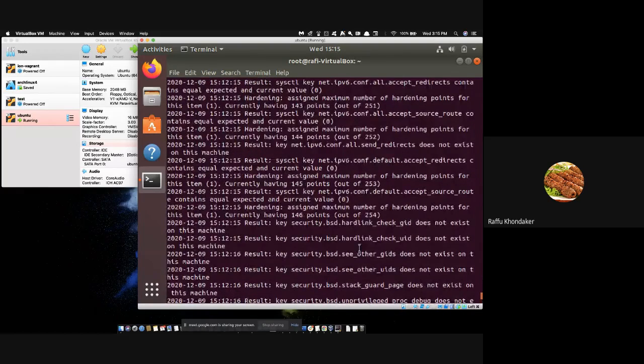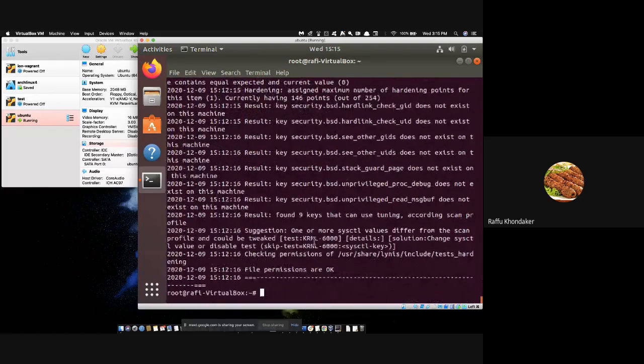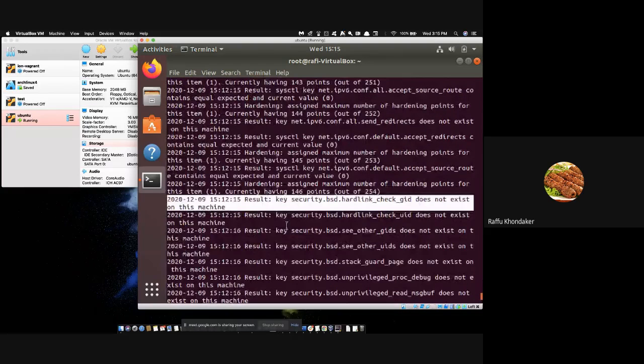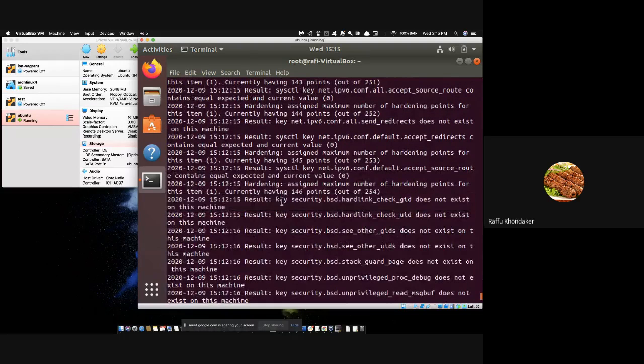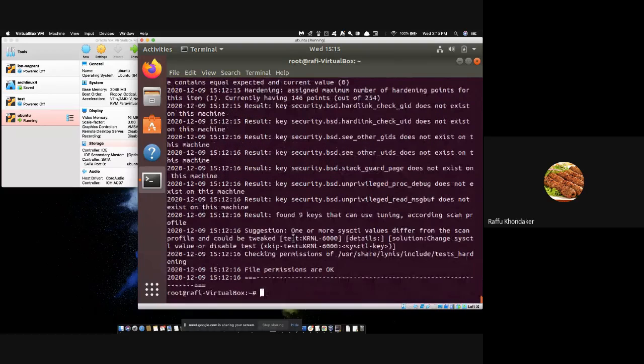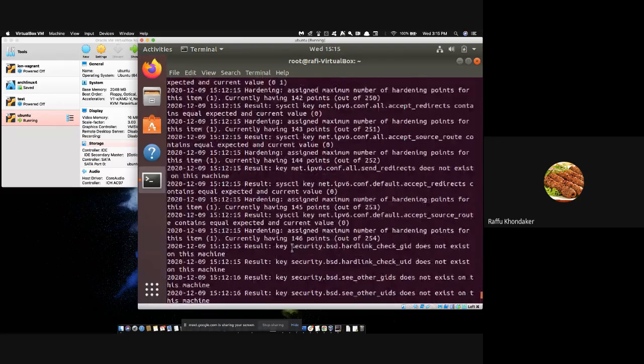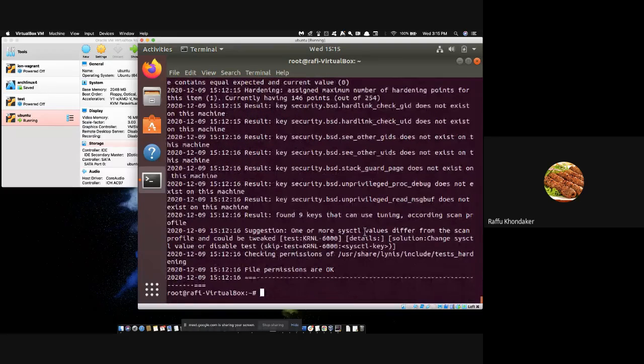For Tiger, it gives you a very nice little paragraph about it. This is more the raw outputs of the test. So yeah, it's not super helpful unless you know specifically what you're looking for. But if you do want to learn more about a specific suggestion or error, you use the show